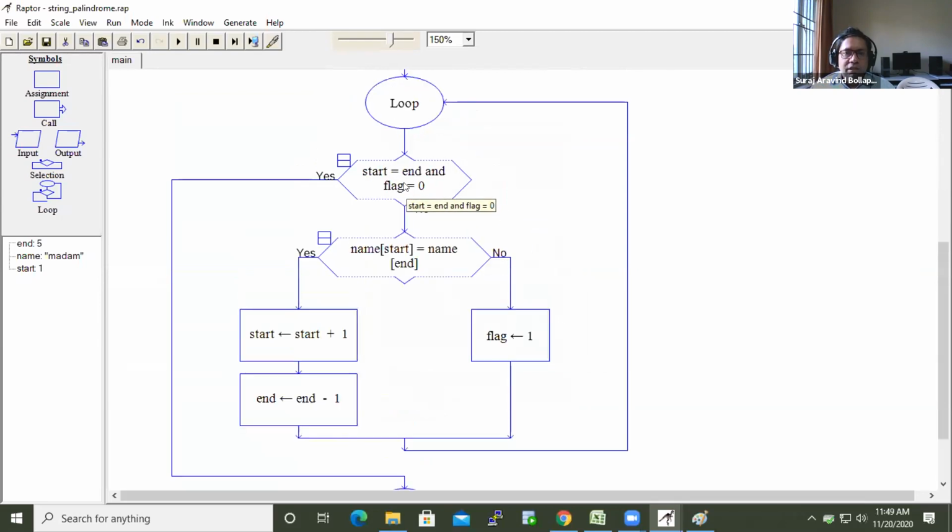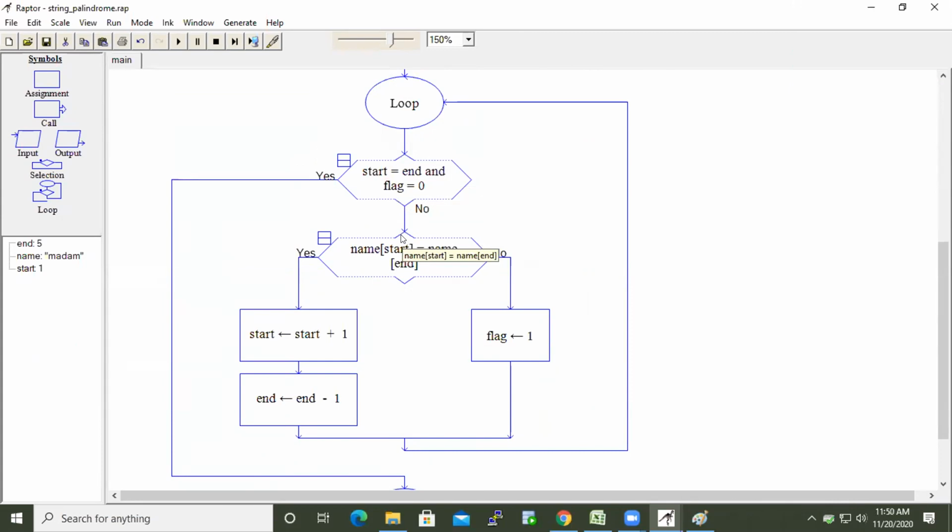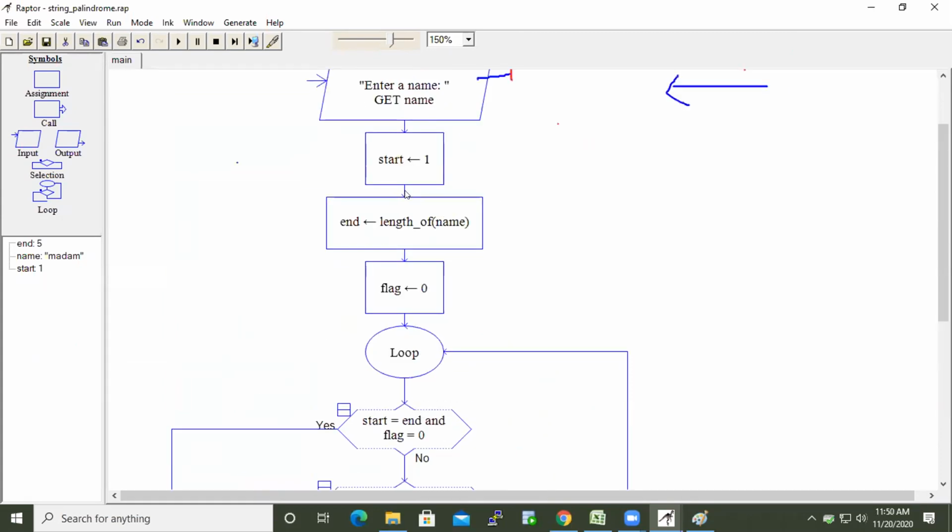Okay. So in the loop, when you come here, when they are not equal, you are modifying the variable. You come here, you test start equal to end and flag equal to 0. Only then we go inside. Oh, what shall we use? End only. Condition.